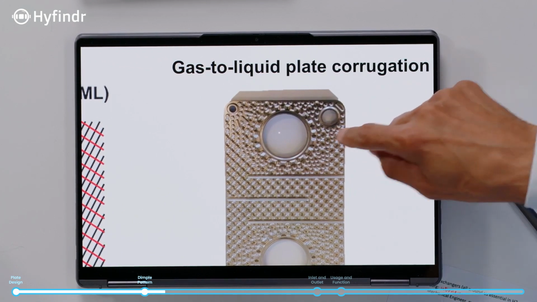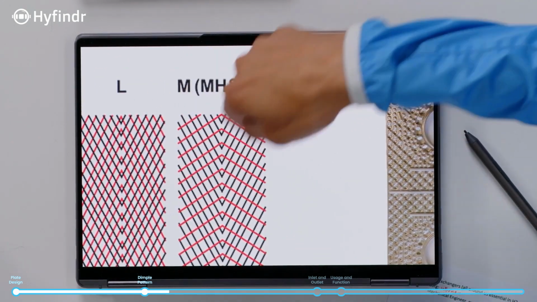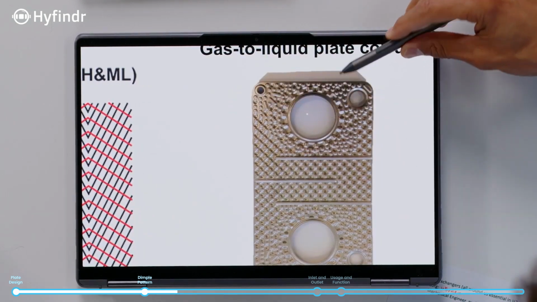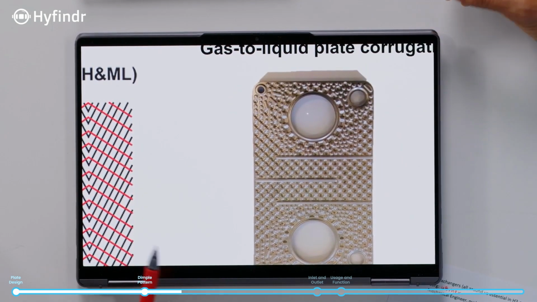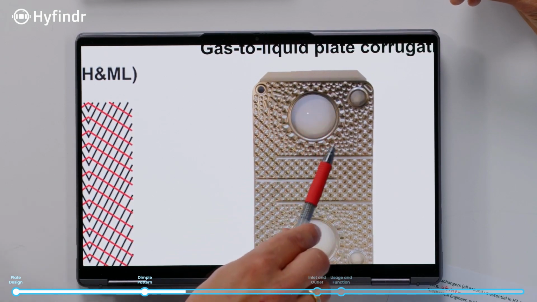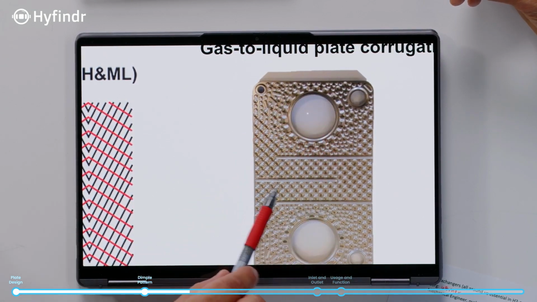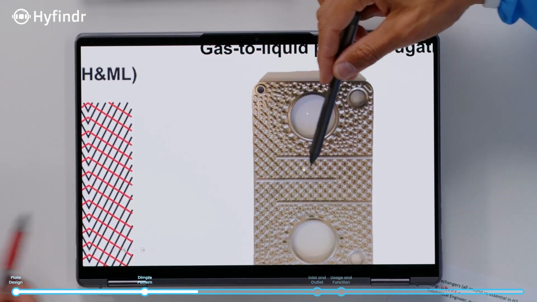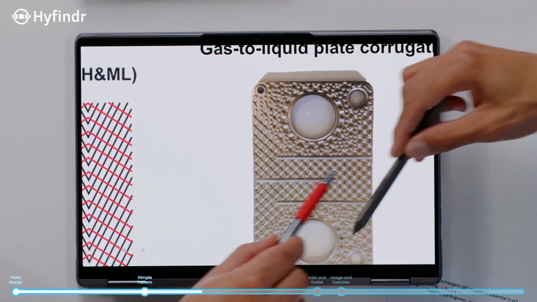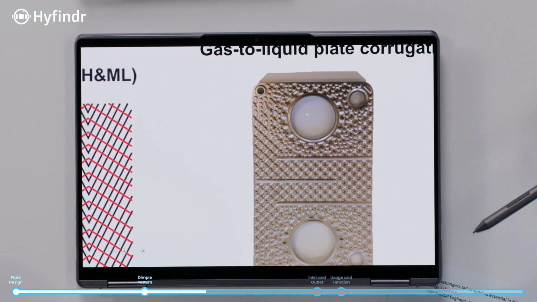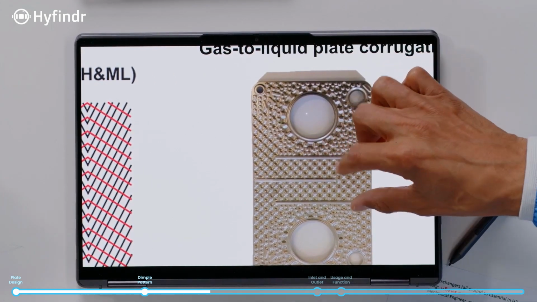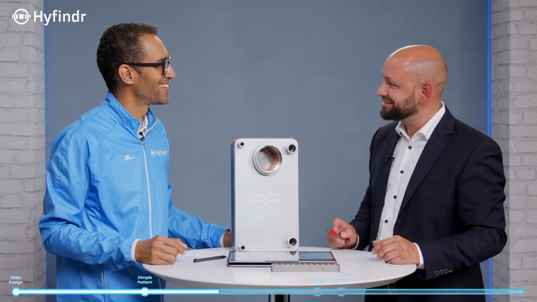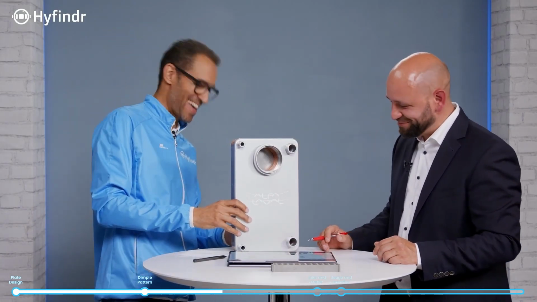So whereas here we basically have the channels going in lines, here you have them. Correct. How does it flow here? The flow is distributed along the plate. So it kind of fills up this area and then flows through here, and these are so-called baffles that we have in here. Okay. Is this the kind of thing we would see in this object we have here on the table? Absolutely. This one has dimples. This is exactly that gas to liquid. How sweet.